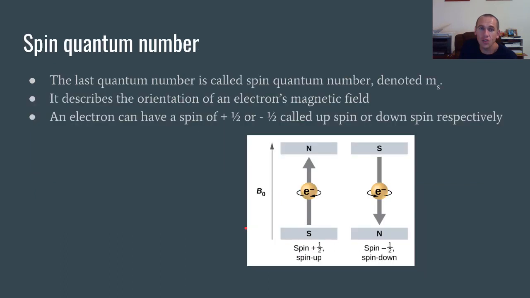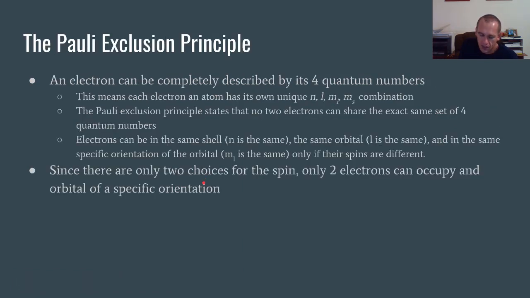Okay. Now, the last quantum number is called the spin quantum number, and it tells me about the magnetic field of an electron. Why an electron has a magnetic field is beyond our scope, but an electron can orient itself to have a magnetic field up or down. They call that spin up or spin down, or spin plus half or spin minus half, which tells me there's a way to distinguish electrons within an orbital, which is good because an electron can actually be completely described by